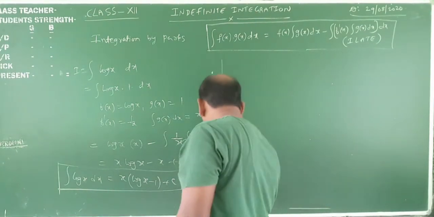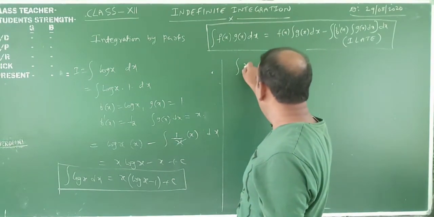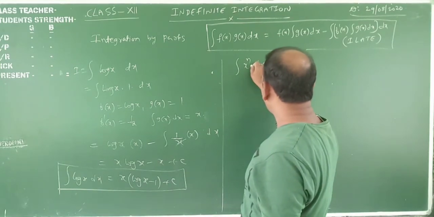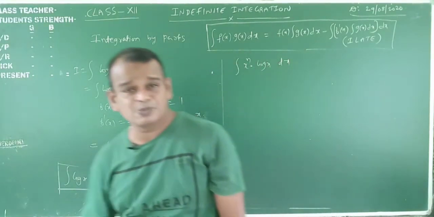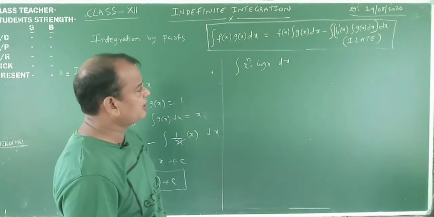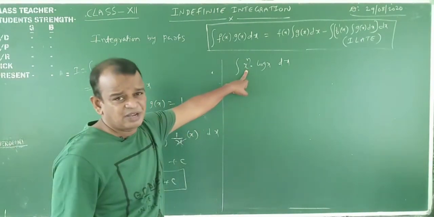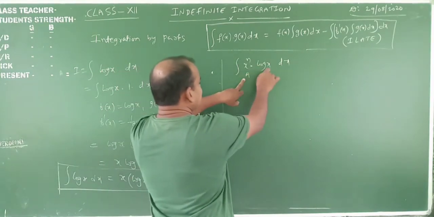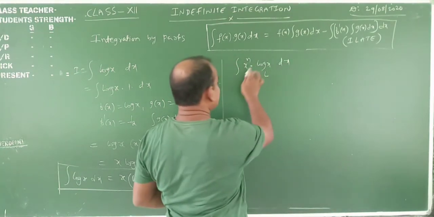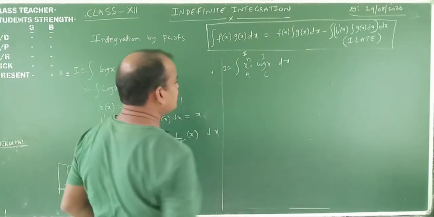Okay, my dear students. Now suppose we go on to one special formula, that is, integral of x power n into log x dx. What happened? x power n into log x dx, for formula purposes. x power n is algebraic and log x is logarithmic; all x power n are algebraic functions. This is algebraic, this is logarithmic. Which one is first? L is first. So this is f of x, this is g of x; this is the first function, this is the second function. Okay, my dear students. Now you will find I is equal to integration.